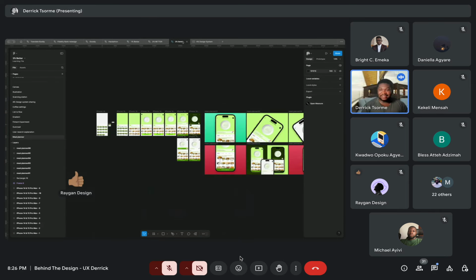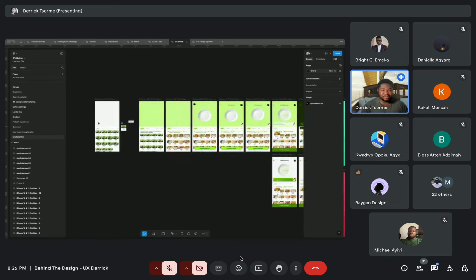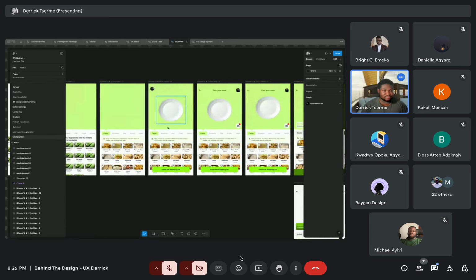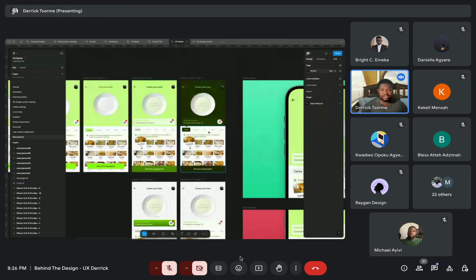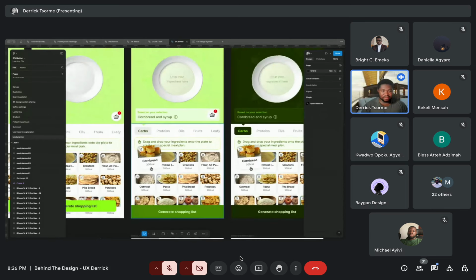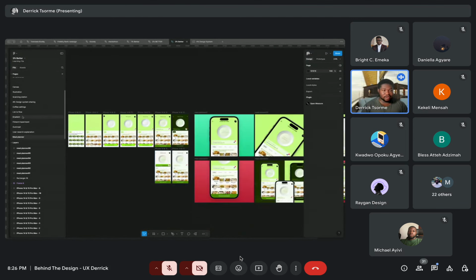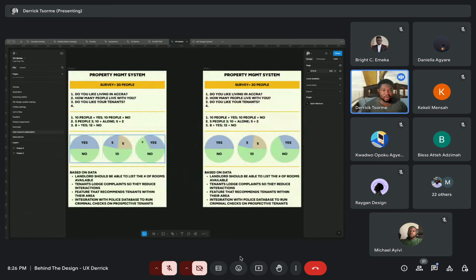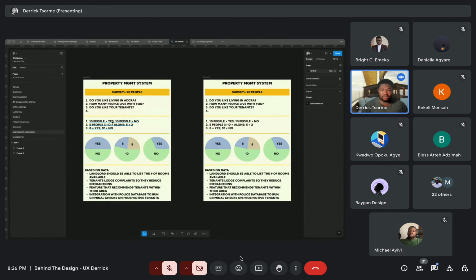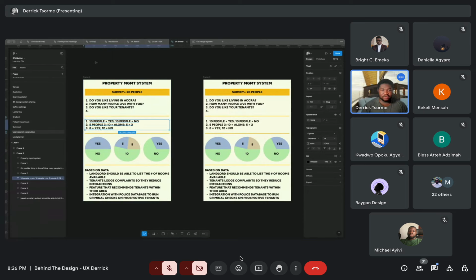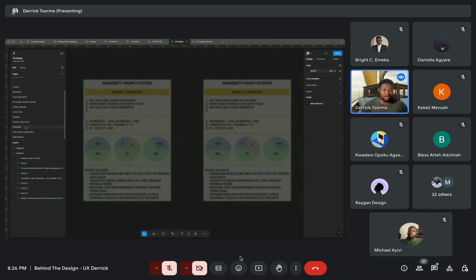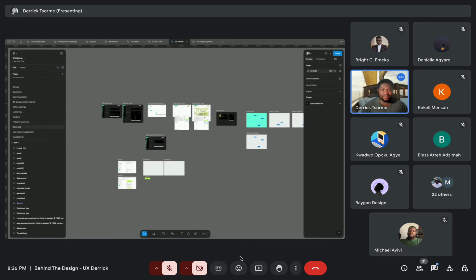So now 3% has stuff like meal planner. So yeah, 3% is very recent. So meal planner, stuff like this, just testing interactions and all. Then this one, I was planning user research for someone. I don't remember who. Then Gumroad, I was doing